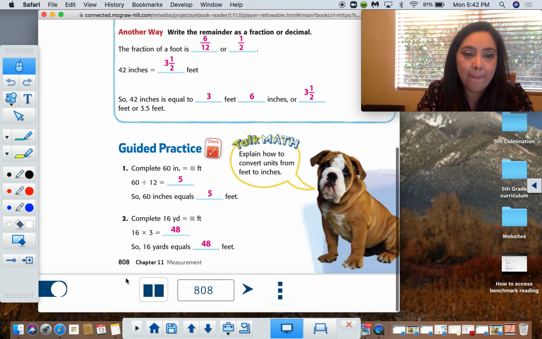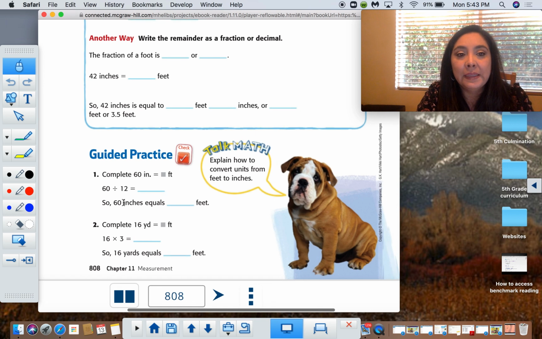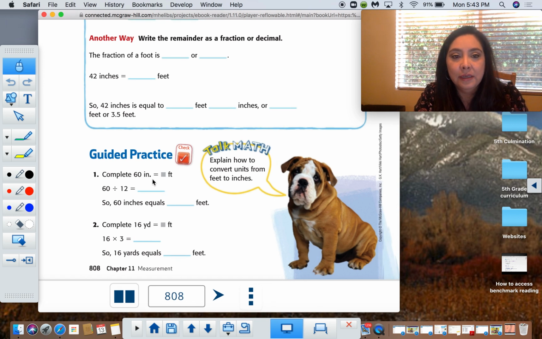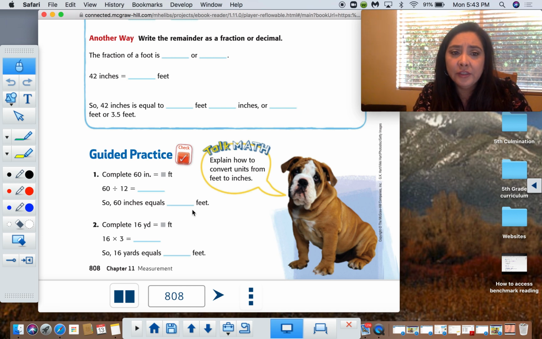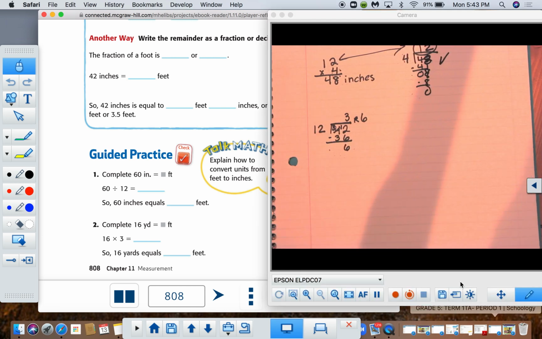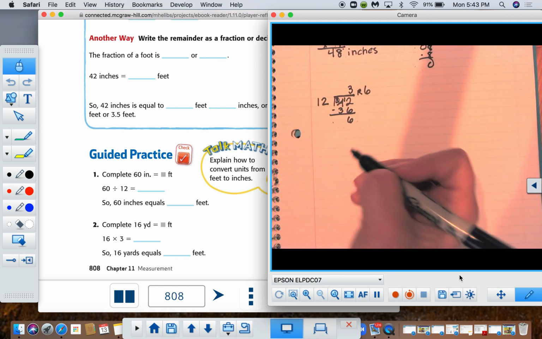Alrighty, let's look at the next one. We're going to complete 60 inches. And the variable here, or the unknown, is we need to know how many inches are in a foot. So what I need to do is bring out my paper again, and I know that